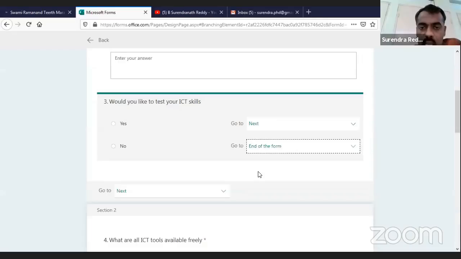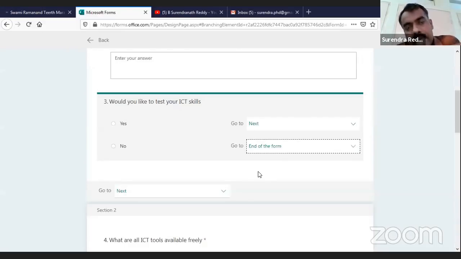Okay. So this branching we can give within the section, or we can give branching to different sections. Whereas in Google Forms, branching is available to sections only. So that means if you are in one section, you can directly go to another section. But within that section, if we want to attempt only a few questions, as of my knowledge, that is not available.